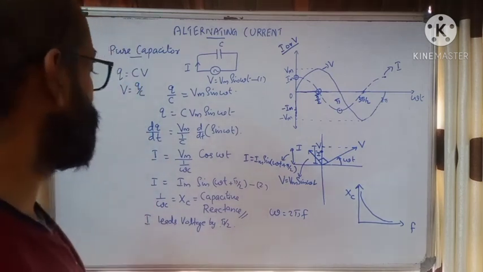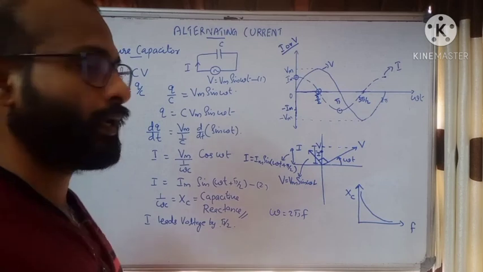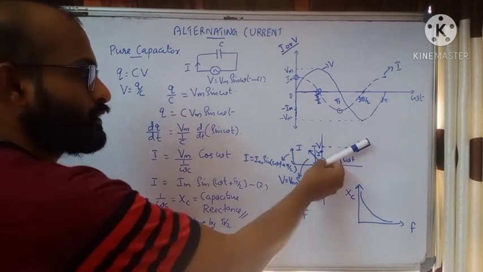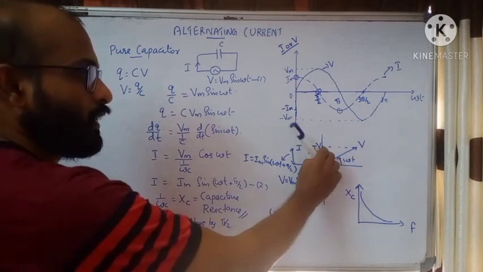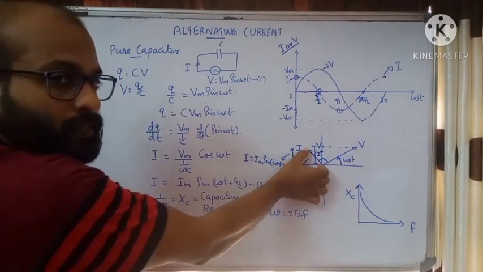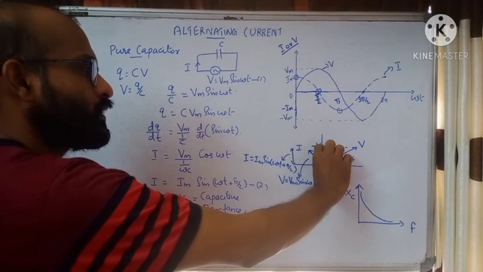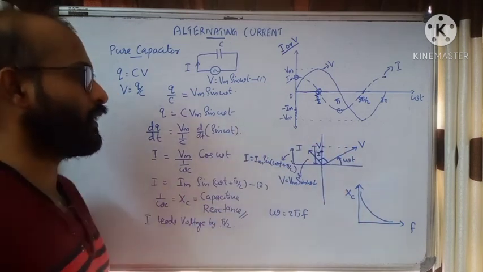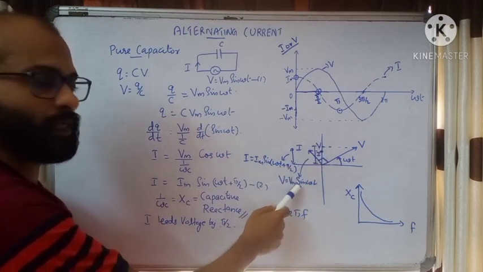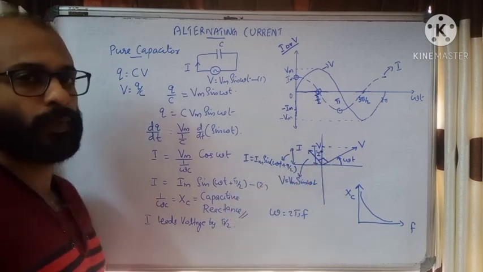Okay, so we have got an important relation called capacitive reactance. It is the opposition provided by the capacitor to the alternating current, and we have seen the waveforms. Then we have seen the phasor diagram. This is the phasor for voltage, and this is for current. The length of this phasor is the peak voltage, and the length of the other phasor is the peak current. These are the projections. Actually, we can say they are just like components. This will be the instantaneous voltage, and this is the instantaneous current. The longer line is indicating Vm sin omega t, and the shorter one is indicating Im sin omega t plus pi by 2.